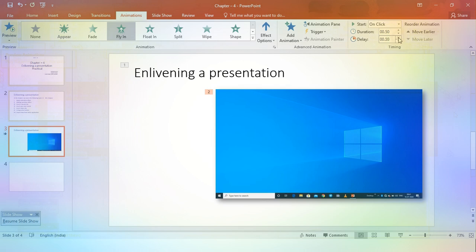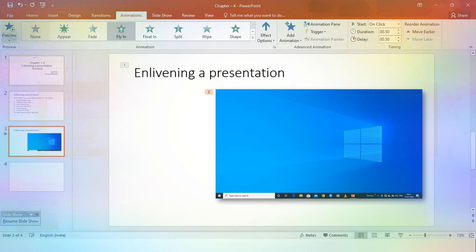If I increase it to 50, then after 50 seconds the animation will start. So as you increase the value of delay, the animation will start late. You have experienced that.